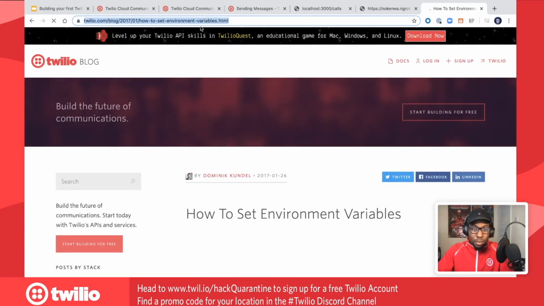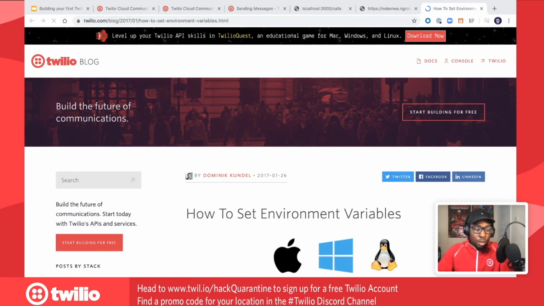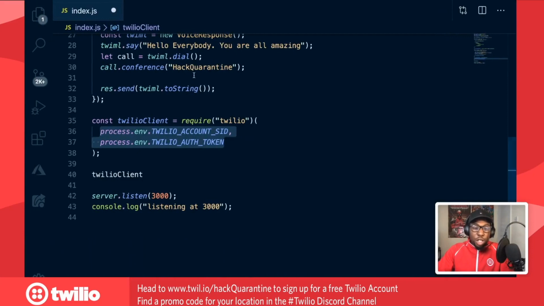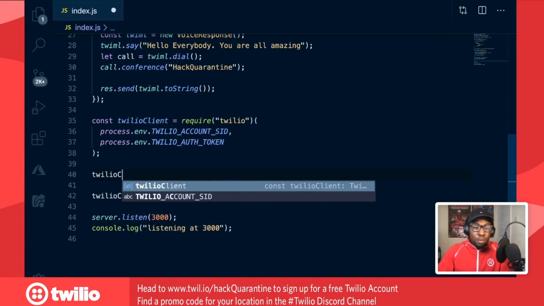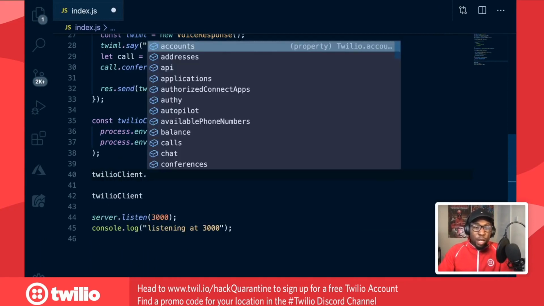There's a nice little thing, just in case you're curious. Because I don't want to show everyone my things, I pop it here. But now I have access to everything